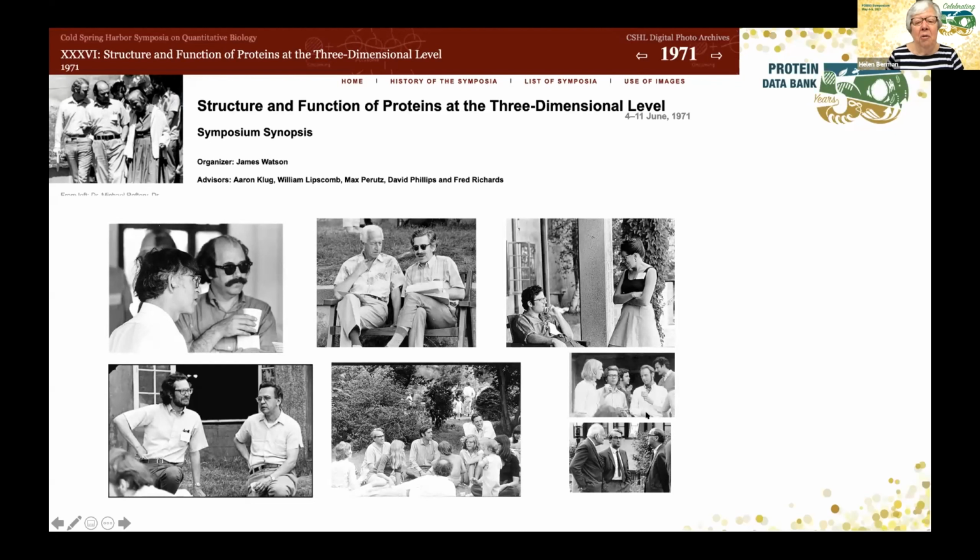At that meeting, those of you who've ever been to Cold Spring Harbor, there's a bar near the meeting site, the meeting room, and we were all hanging out there. And Walter Hamilton, who had been in the chemistry department at Brookhaven, and at the time was working on the structures of amino acids, was at that bar. We approached him and we said, we really need to have a PDB.